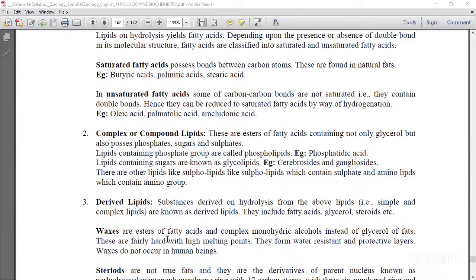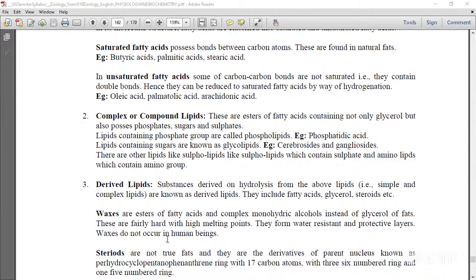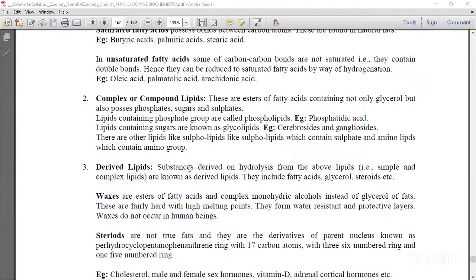Here the waxes are the esters of fatty acids and complex monohydric alcohols instead of glycerol. They have high melting points. They form water resistant and protective layers. Waxes do not occur in human beings. When coming to the steroids, they are not true fats,